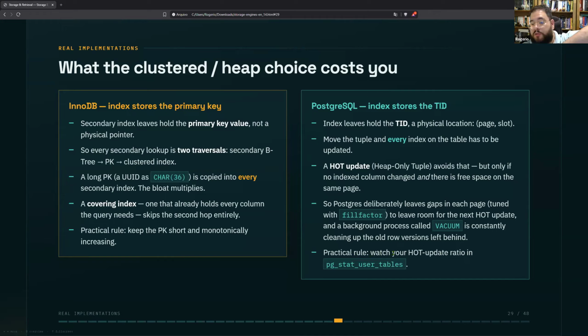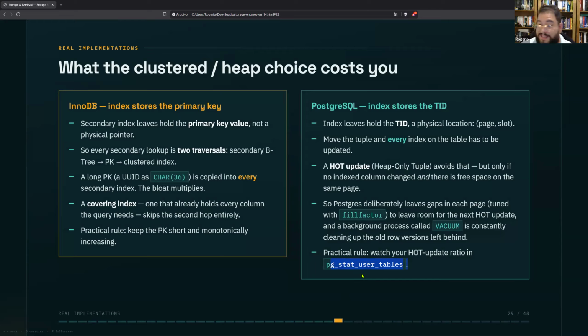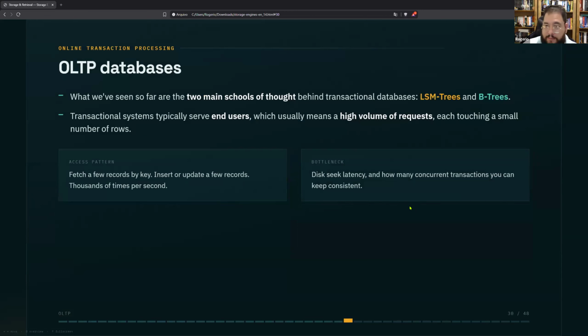And as a practical rule, you can always watch your HOT update ratio, for example, using the statistics. Of course, I'm oversimplifying the whole subject. Postgres is itself a whole world about databases, and you have a lot of tools that can help you to have good performance. But okay,